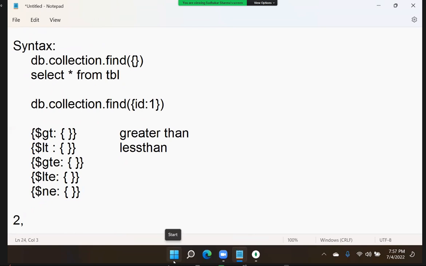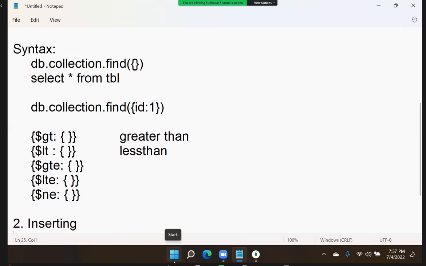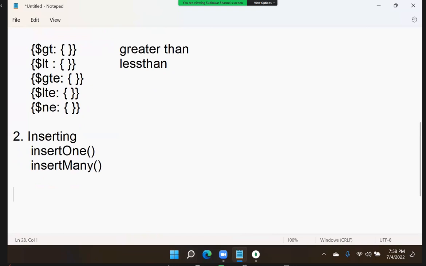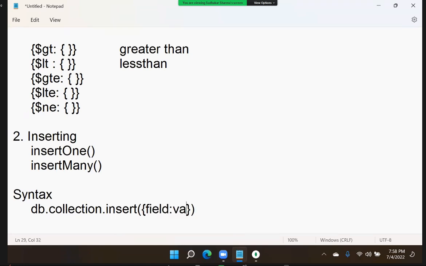Similarly, for inserting, we have to use the query. We have insert one and we have insert many. These two methods are used for inserting a record. Generally what we do, db.collection.insert. We have to insert one, that is one object. Here you will have field and value. You can configure multiple, right? If you want multiple records,